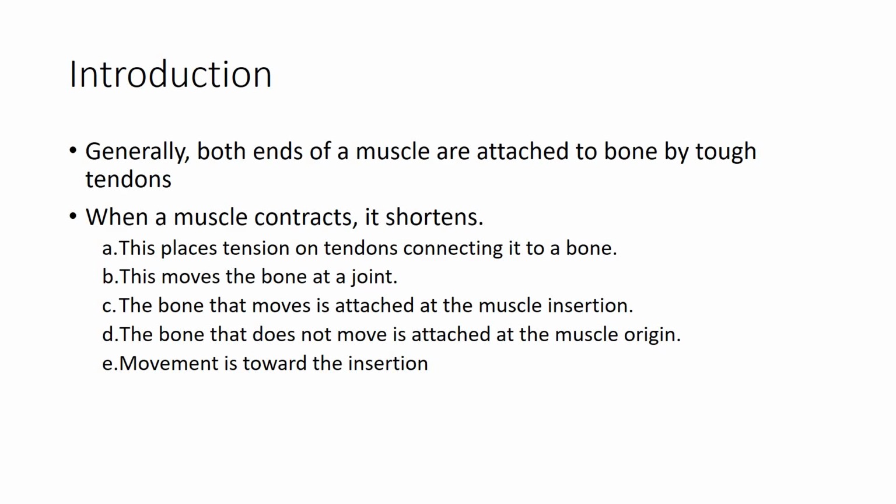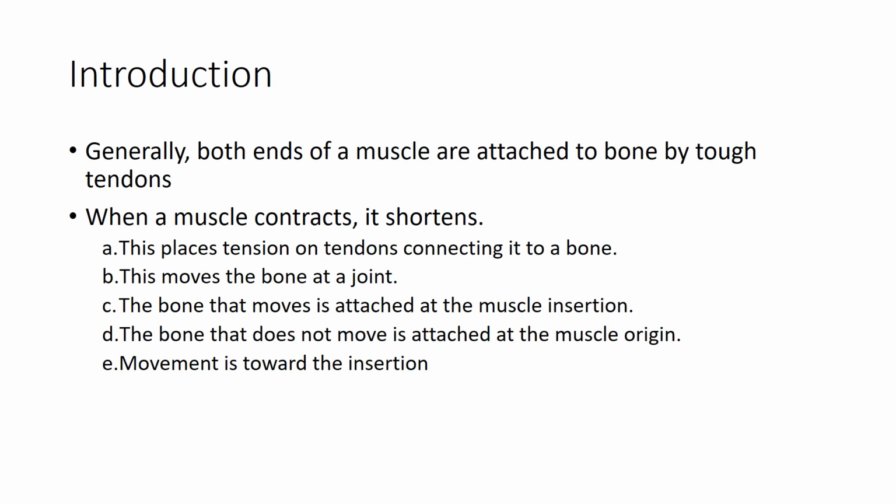Muscle, generally, we have muscles that are attached to bone by tough tendon sheaths, and these are due to connective tissue. So when a muscle contracts, it's going to shorten in terms of skeletal muscle. This creates tension on tendons that are connected to the bone, and this moves the bone at a joint. So that's why you'll have the crossover of the tendon that goes over that joint so that we're able to